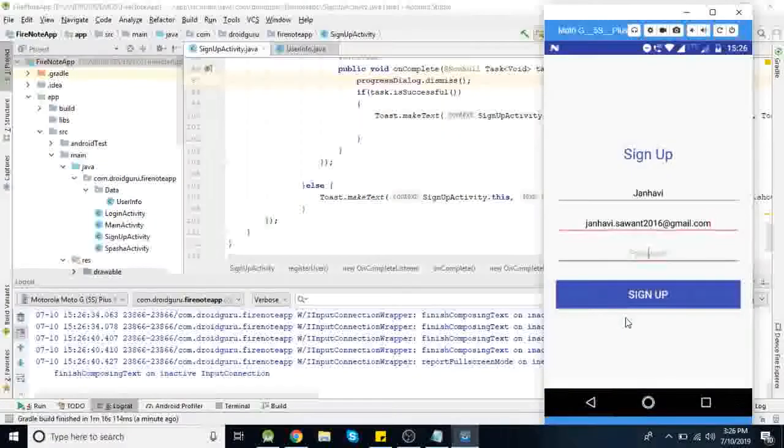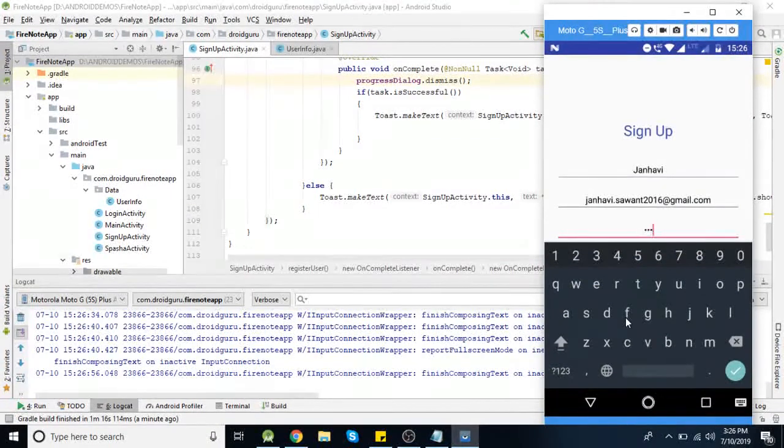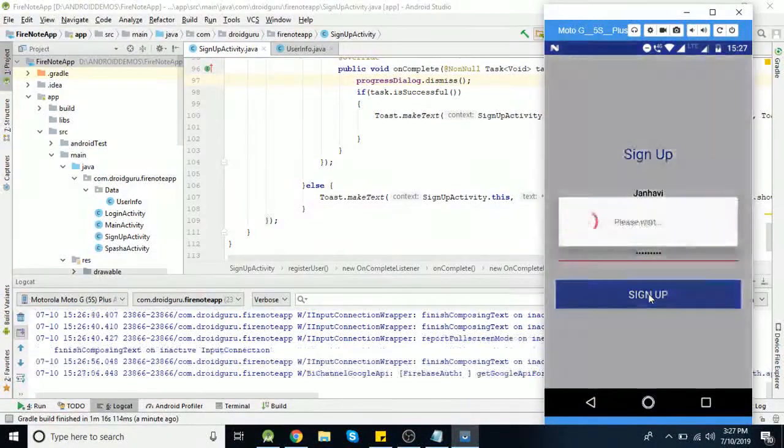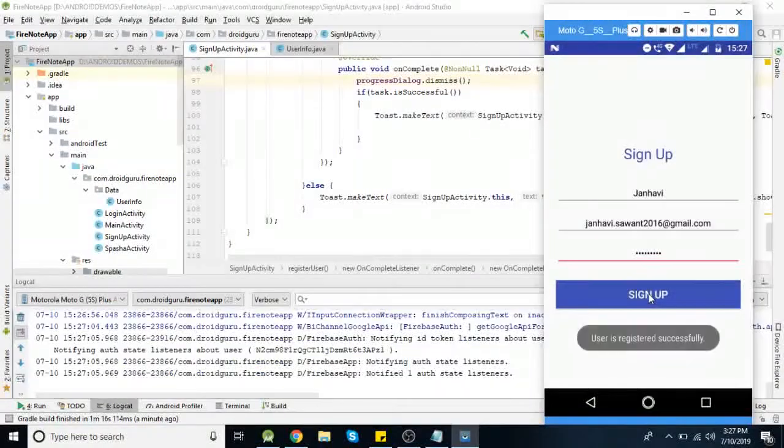And the last one is password. Now when I click on this button, okay, the success message is: user is registered successfully. That means we already created the user and we also saved that data.